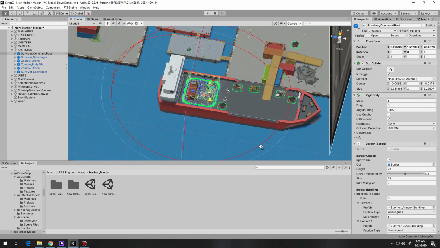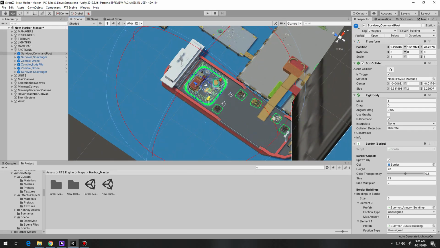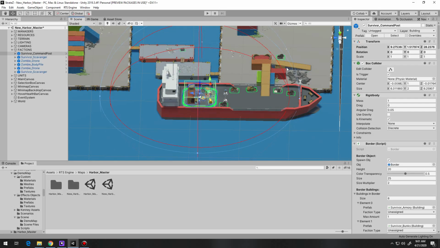We have a large cargo ship here with a survivor command post and enough room for maybe a few bunks here, but you really have to be forced to sort of build off of the boat and onto the docks, which I'm torn on. I kind of like it, because it actually makes you, or at least it's made me, have to rethink some of the early base structures to build, and also forced me to expand my base quicker,